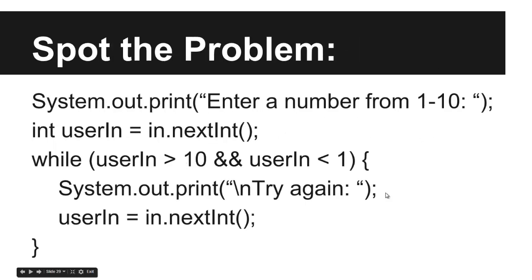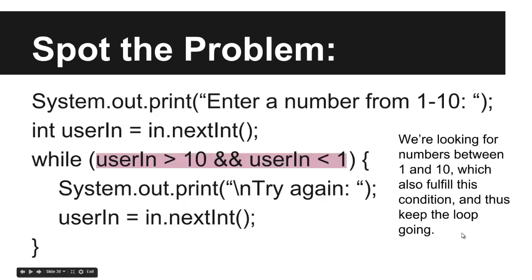But first I want to show you a couple of problems that we might run into. The first one, right? So enter a number from 1 to 10. And then int userN is equal to n.nextInt, so that's all fine. And then while userN is greater than 10 and userN is less than 1, we try again. Now the problem here is that there exists no number